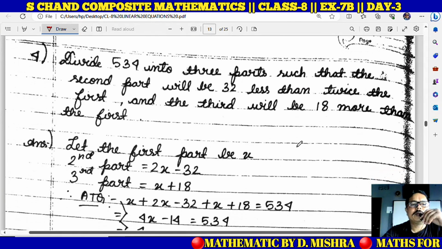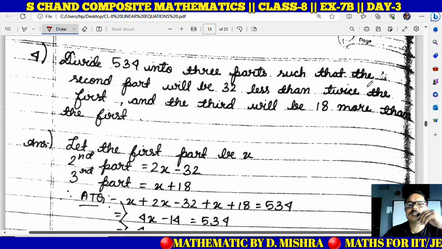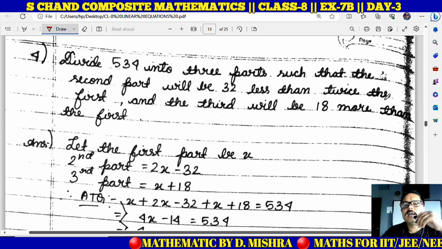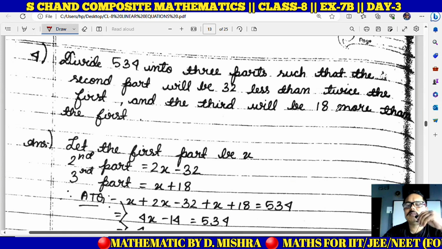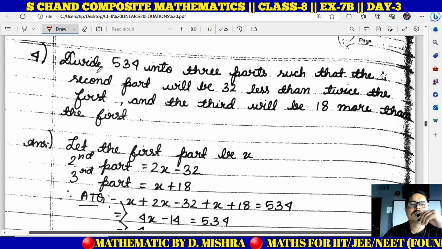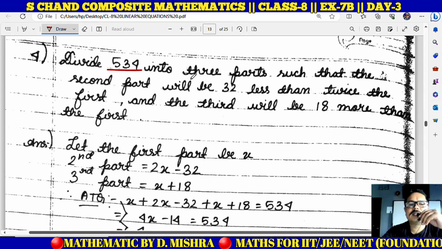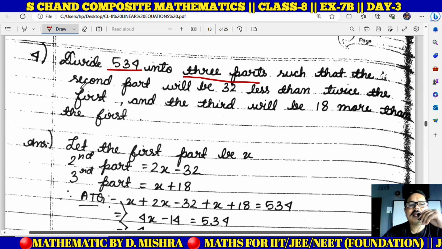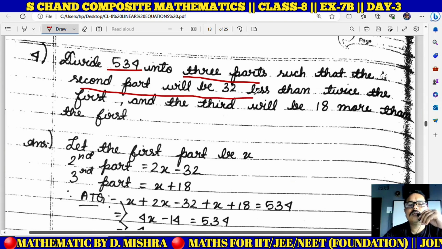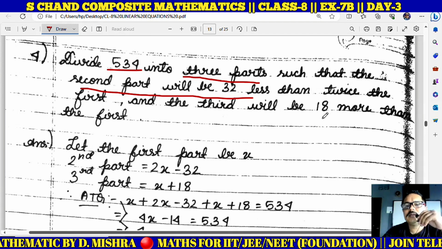Number 4. Divide 534 into 3 parts such that the second part will be 32 less than twice, not twice, this is thrice the first, and the third will be 18 more than the first part. So the number is 534, and we need to divide this into how many parts? 3 parts. So what is the condition here? The second part will be 32 less than thrice the first, and the third will be 18 more than